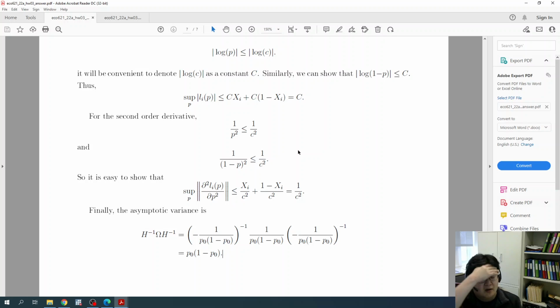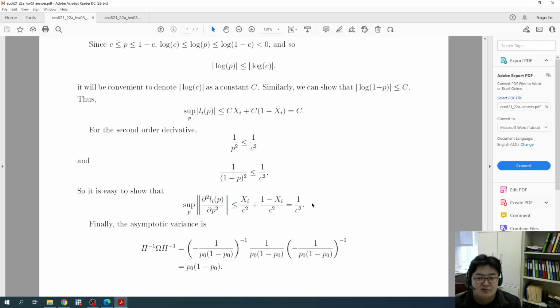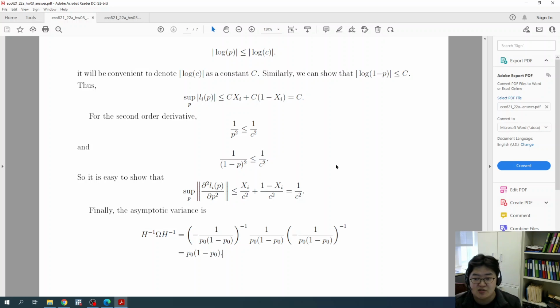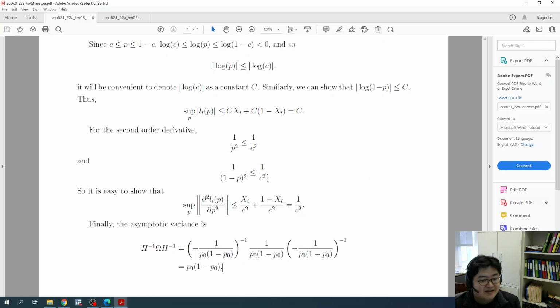So yeah, I just do the calculus and algebra and nothing to explain as long as you know how to differentiate, how to solve a simple equation. Okay, this is it. This is homework 3. So I hope the examples help you better understand the theory and compare how the assumptions are satisfied in this example. Okay, thank you.